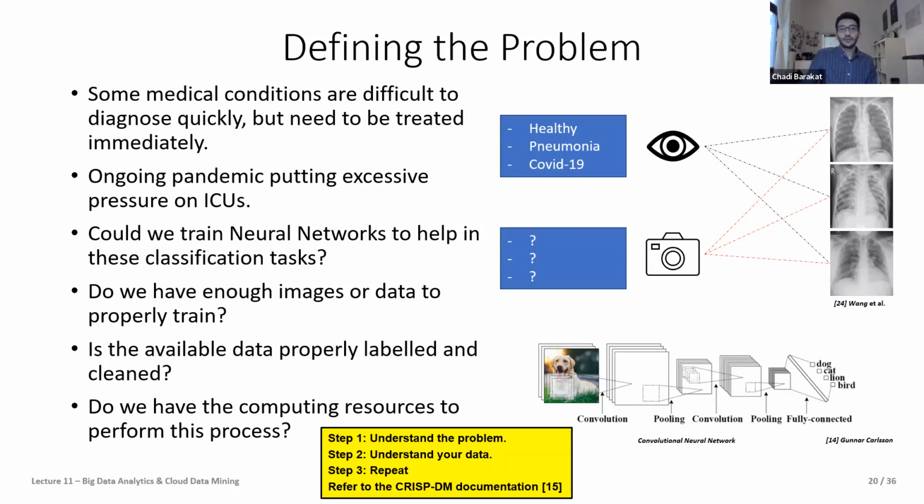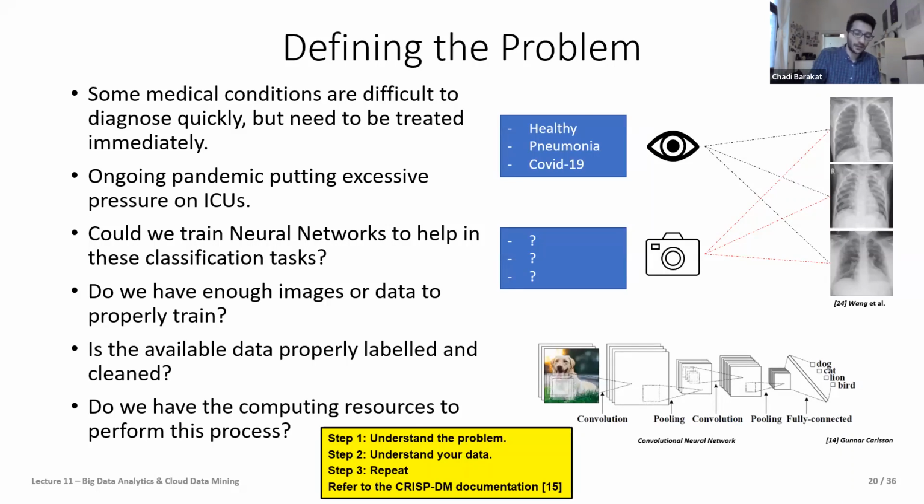Finally, we need to look at the computing resources that we have. In our case, thankfully, we have access to supercomputers, but a hospital in a third world country might not have that kind of access. How can they still improve their diagnosis using this kind of information? So with that in mind,